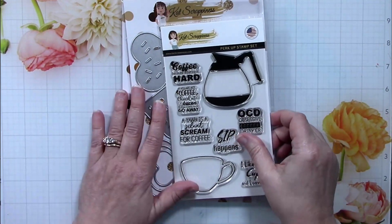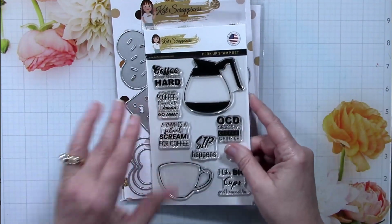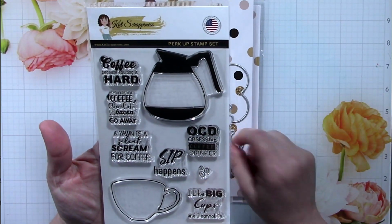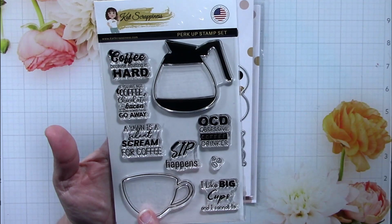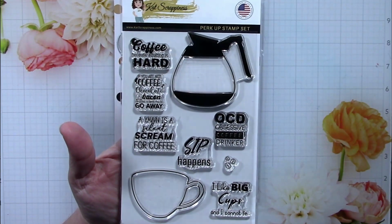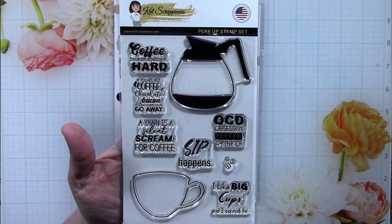Alright, so that was all my new releases. Now the rest of these are great fun, but they just aren't brand new releases. So this is the Perk Up Stamp Set. Let's get that right. This also has a matching die set, but generally I don't buy the dies because I have a Brother ScanNCut, and I also don't mind fussy cutting now and then, so I generally avoid